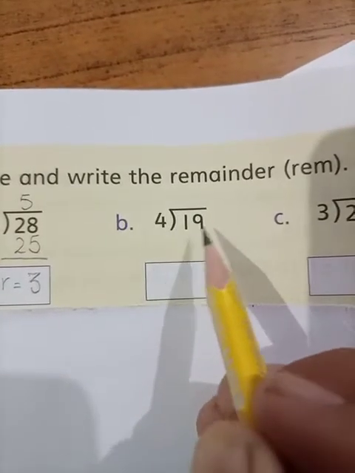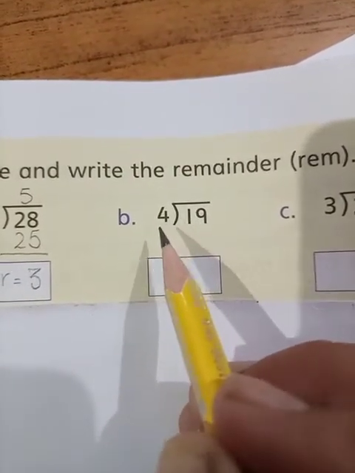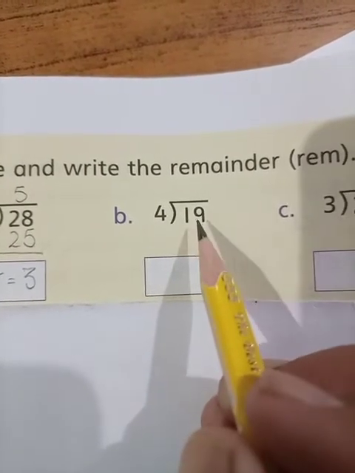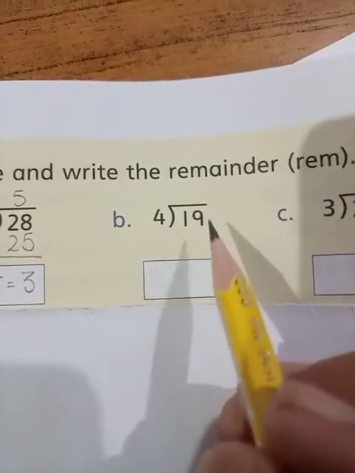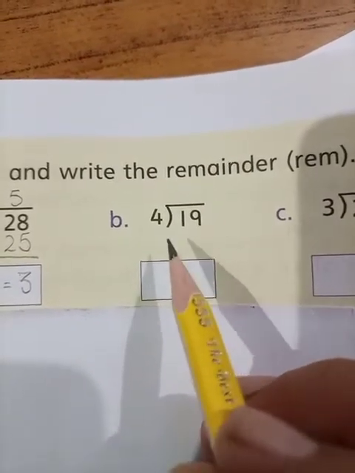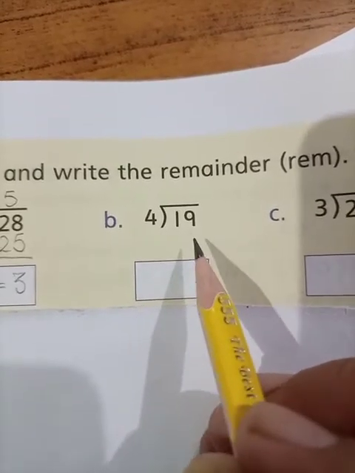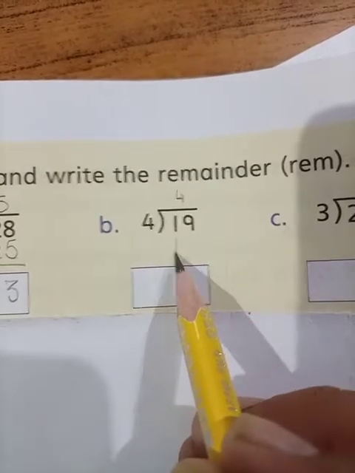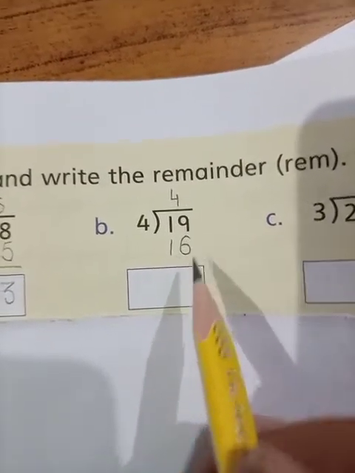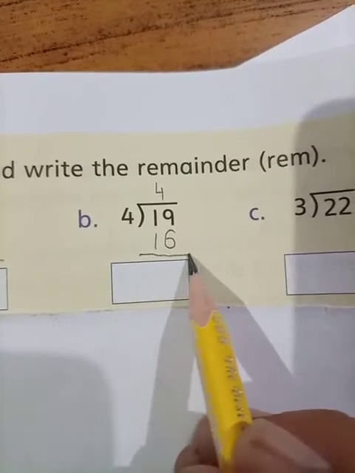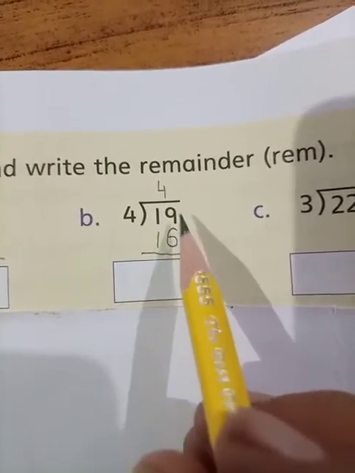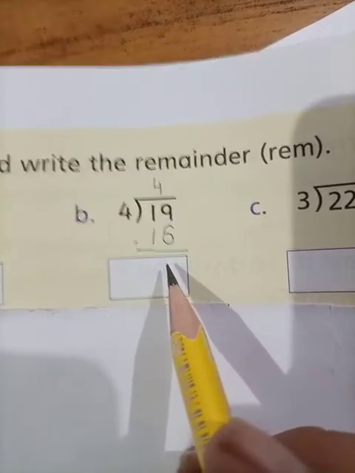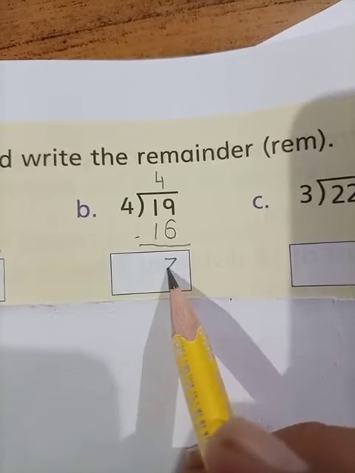Students, here I am dividing the number 19 by 4. So students, read it with me. Read the table of 4 with me. 4 ones are 4, 4 twos are 8, 4 threes are 12, 4 fours are 16, and 4 fives are 20. 20 has become greater, so I will write 4 fours are 16. Now students, you know the next step. The next step is subtraction. I am going to subtract this 16 from the 19. So students, when I subtracted 16 from the 19, I got the same remainder, that is 3.